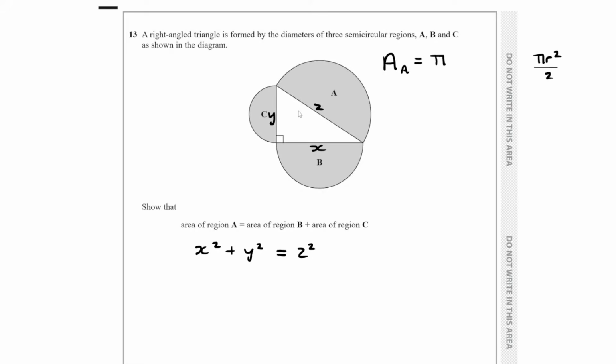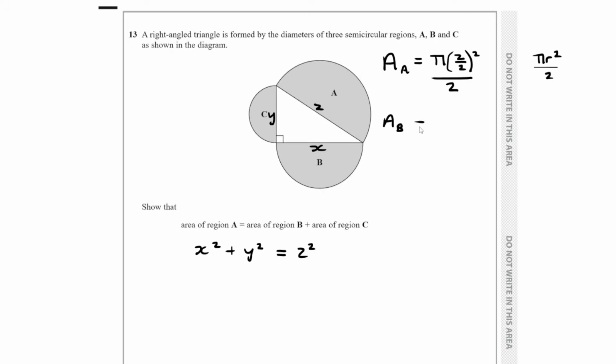Now the diameter, because z I've labelled as the side length, right? So the diameter is z, so therefore the radius is half of z. So you've got to be a little bit careful. Half of z is the radius, isn't it, squared? But because it's a semicircle, I also want half of that. Now that looks a bit confusing. That's meant to be a z there, and that's a 2. The difference there. So hold on to that for a second, and then you can do the same for B